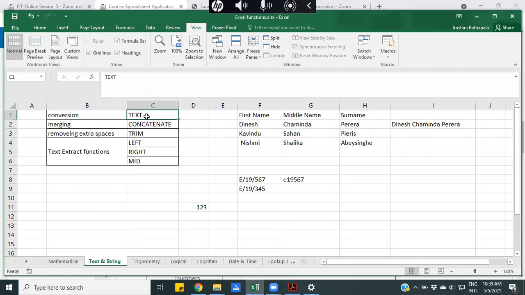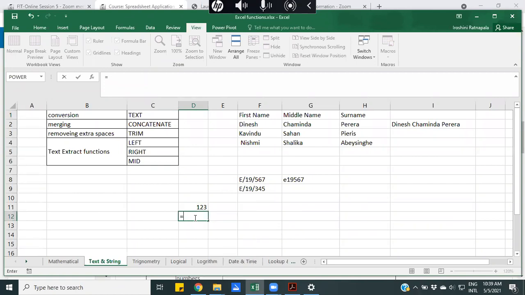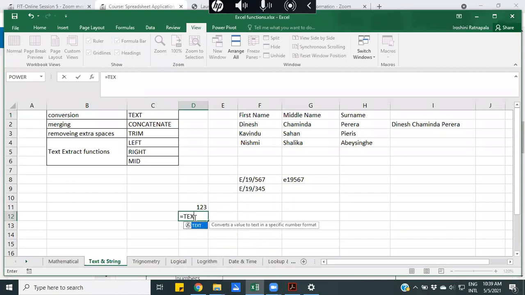So you can see that when I use the text function, if I type text here, you can see when you get the prototype of the text, it is the value and the format text. Right? So this is value 1, 2, 3.